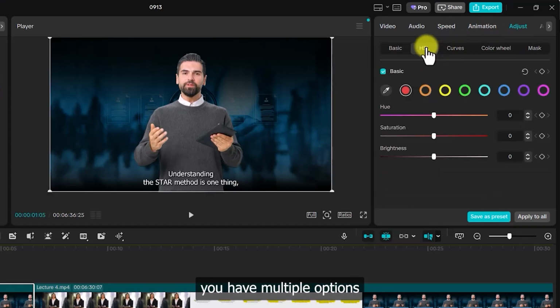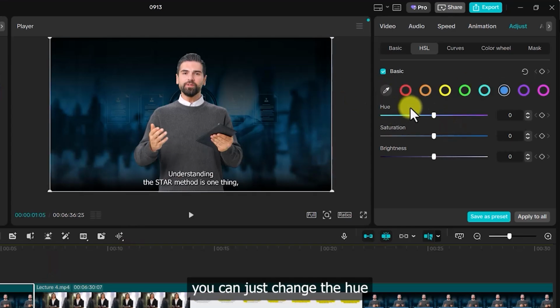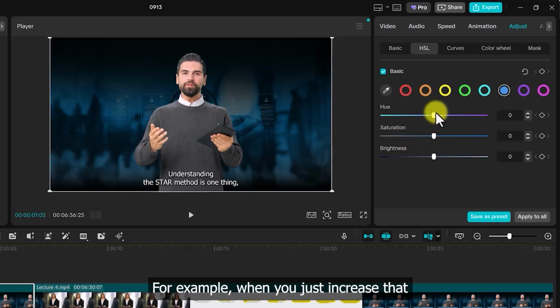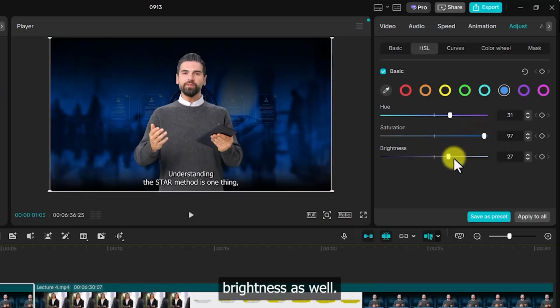And here you can see you have multiple options like the orange one, yellow one, green one, and sky blue, and all of these. For example, we're working on this specific color scheme as blue, so you can just click in here. After that, you can change the hue, saturation, or brightness as well. For example, when you increase that, here you can see it gives a little more bluish look. When you increase the saturation, and brightness as well,